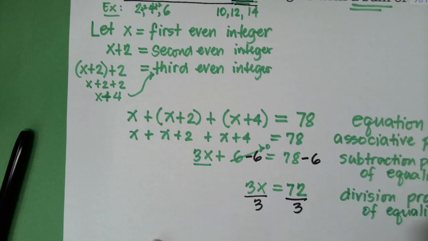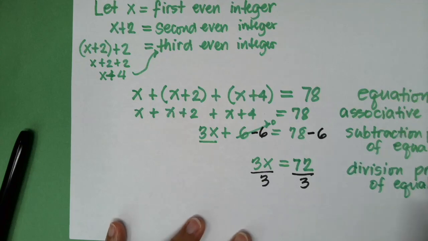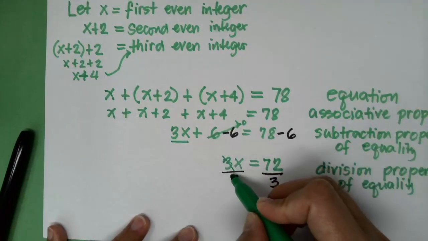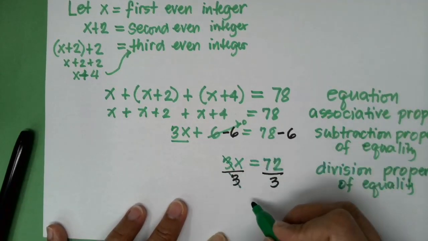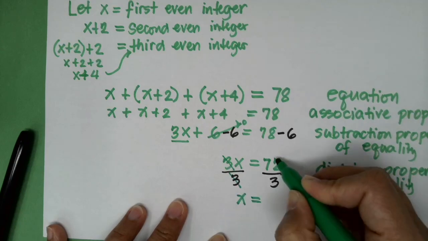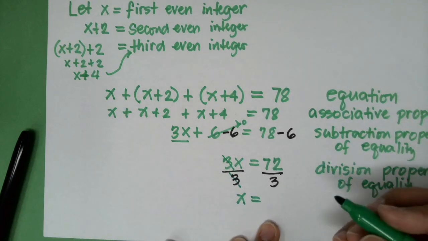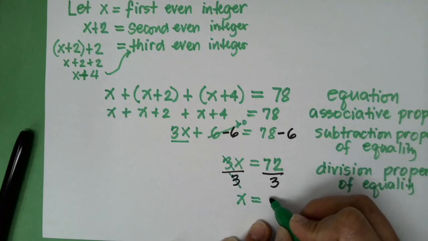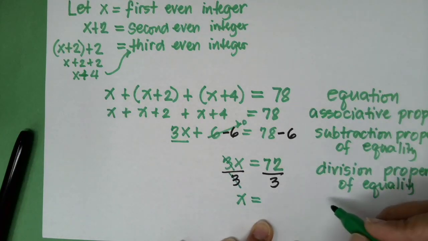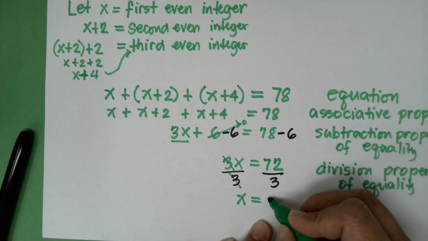Okay, so simplifying 3 divided by 3 is 1. 1 times x is x, and 72 divided by 3, that should give us